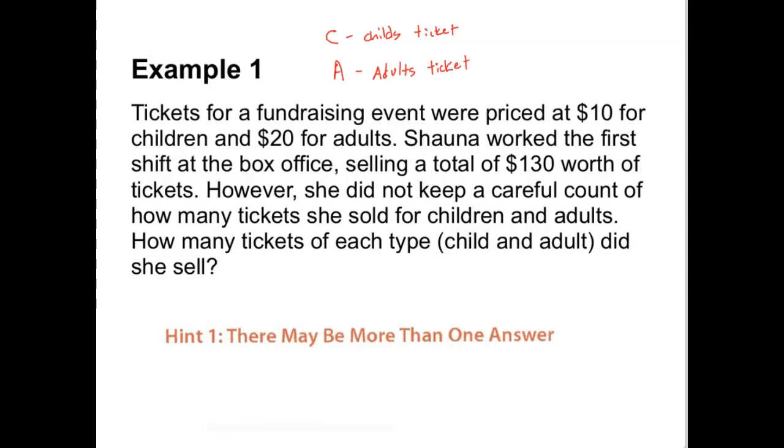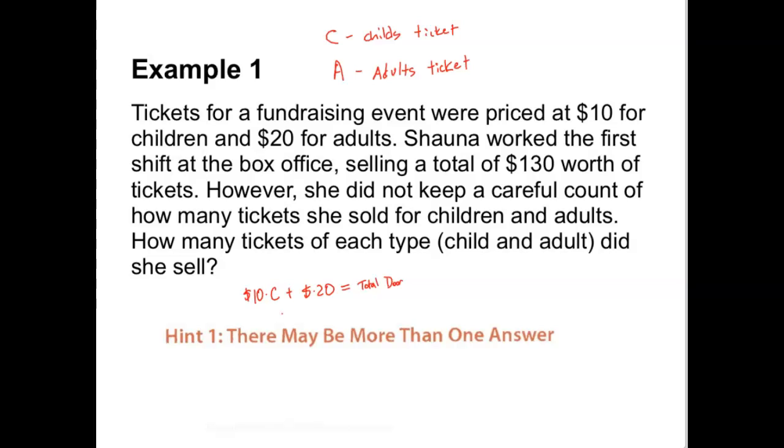And so I think the easiest way to figure this out is come up with an equation to figure out how we get total cost at the door, right? So I know that child's tickets were $10. So if I do $10 times the number of child's tickets plus $20 times the number of adults tickets, that should get us our total